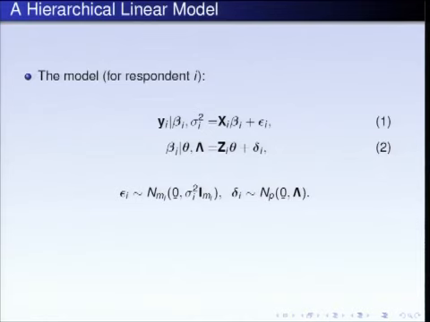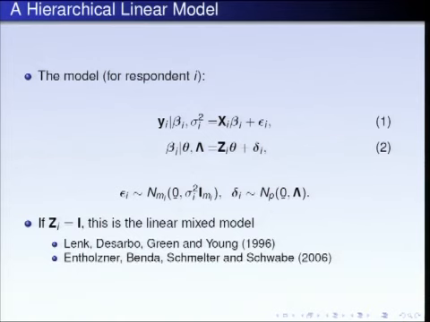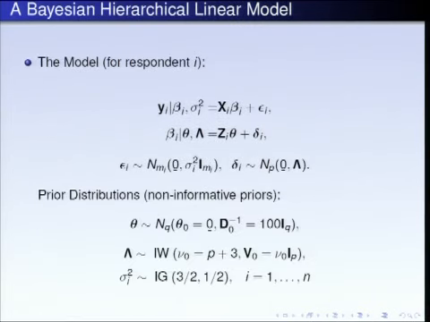There's also what's called a hyperparameter. There's another hyperparameter here, which is the variance-covariance matrix for these random effects. And I'm not going to talk about estimating that today, but one can as well. Okay, so if that is not there, if the Zi is the identity matrix, then this is the linear mixed model. But we're taking a Bayesian approach, so we're going to put in some prior distributions on our hyperparameters and